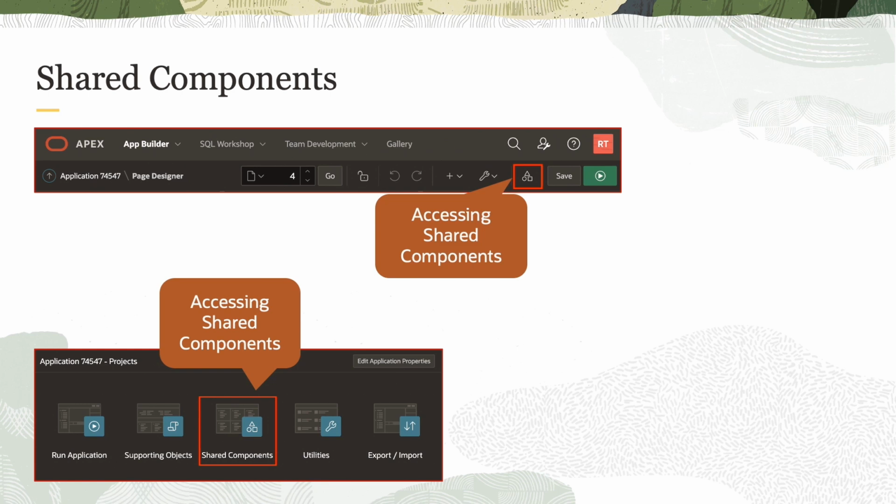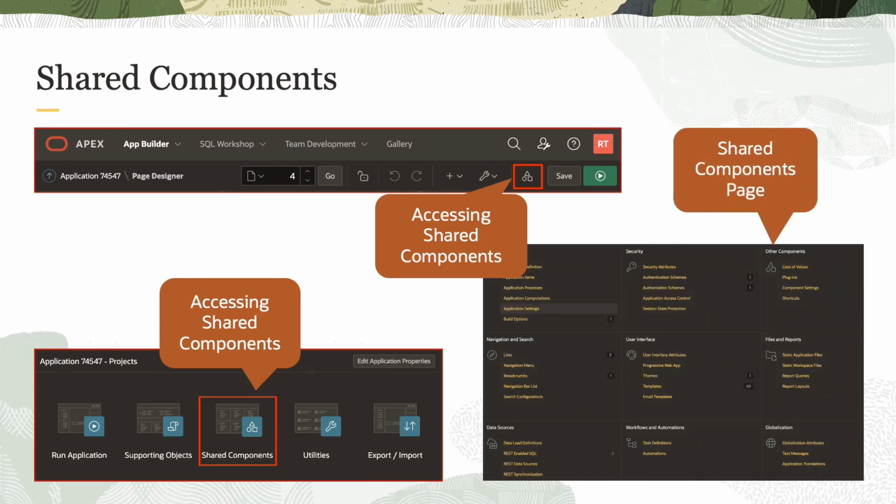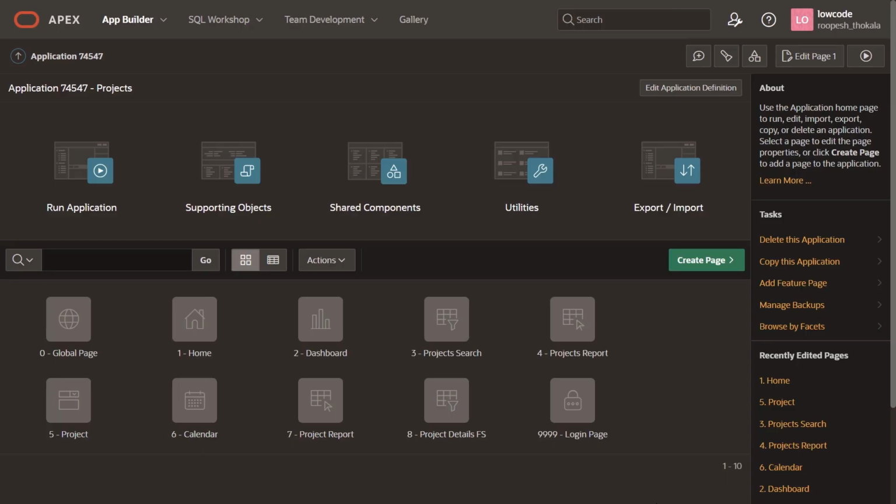within your application. To access the shared components page, on your workspace homepage, click the app builder icon and select an application. On the application homepage, click shared components. The shared components page appears. After you select an application, you can even access the shared components page by clicking the shared components icon at the top of the page. The shared components icon consists of a triangle above a circle and a square. This icon displays at the top of most app builder pages, including the application homepage, page designer, supporting objects, and